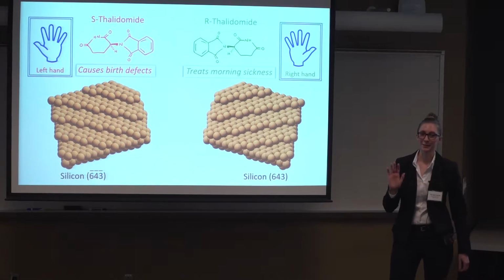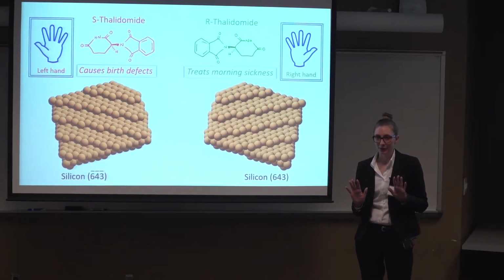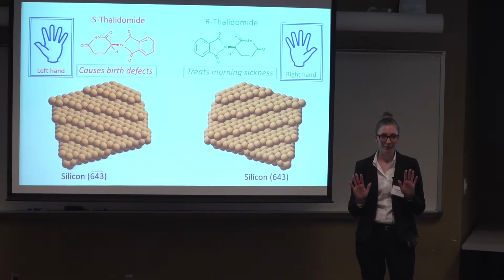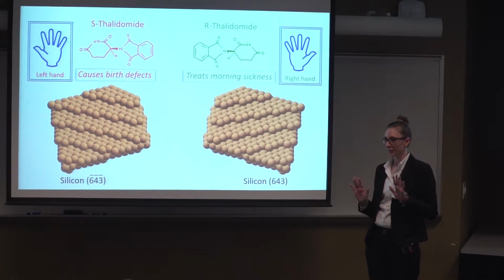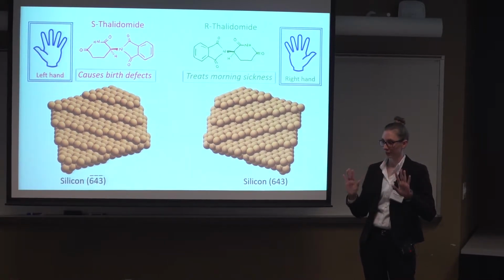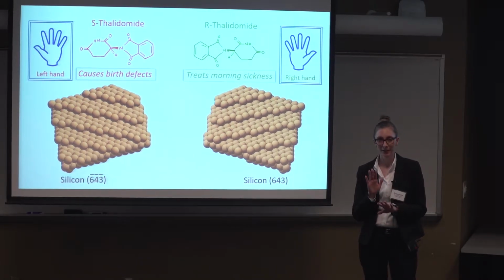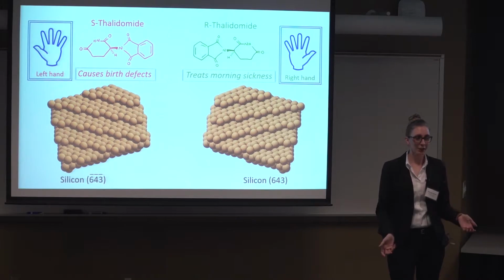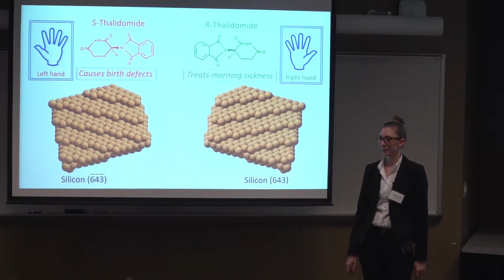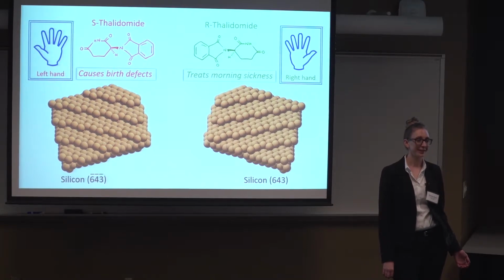Chirality is just like your right and your left hand. Two molecules have exactly the same chemical composition, like you have the same 5 fingers on each hand, but they're arranged differently. The molecules, like your hands, are mirror images of each other, and they're not superimposable. So if you put one on top of the other, no matter how much you rotate them, they'll never line up. This property, non-superimposable mirror images, is called chirality, and more than half of the common medicines we take have